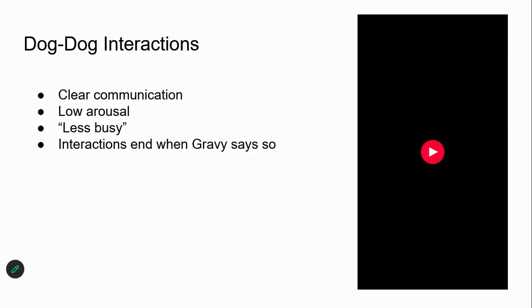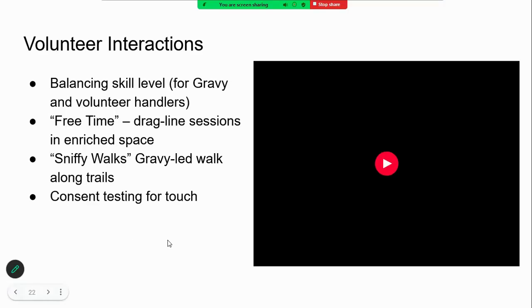And we started to do that with dogs, because he communicated so clearly with her and he was lower arousal, overall kind of less busy with her. And then we were able to, I don't know if this is actually what happened to him, but my theory is that that helped him to realize that he could also make those requests of people and have them be respected. So with our volunteer interactions,